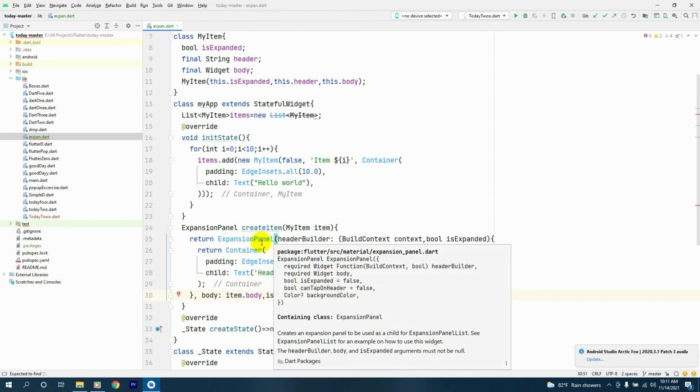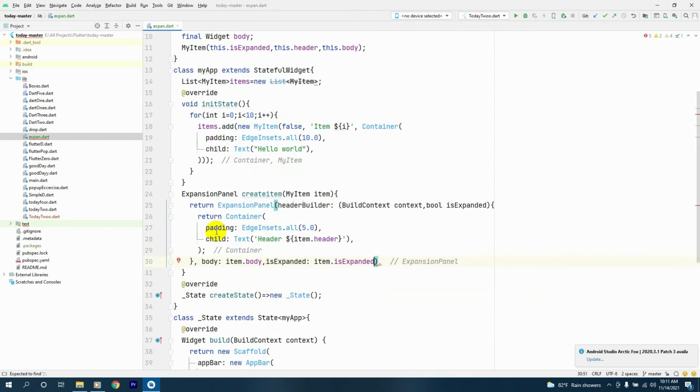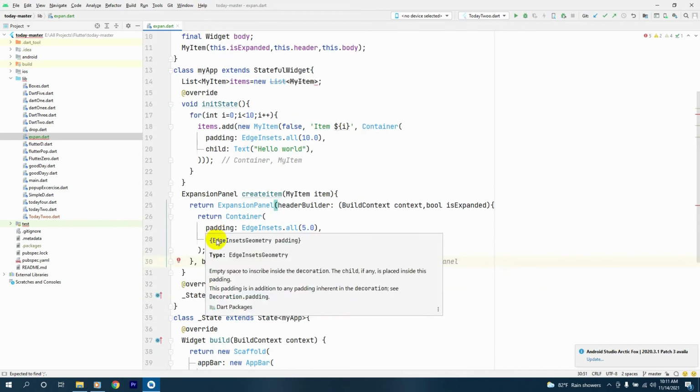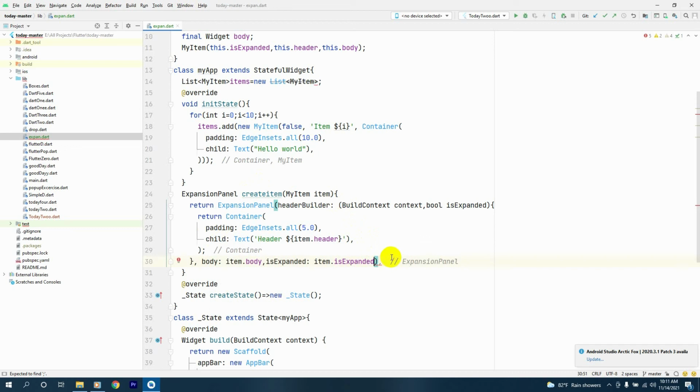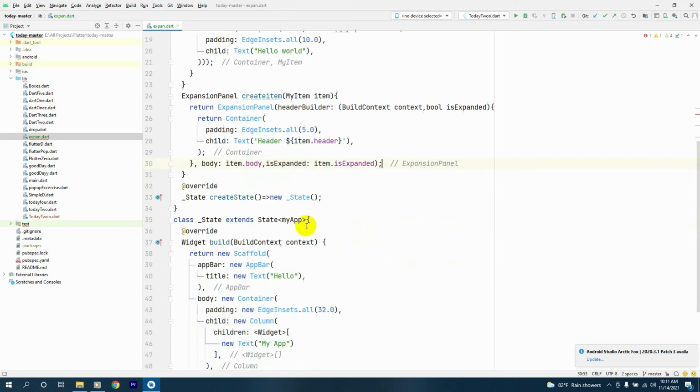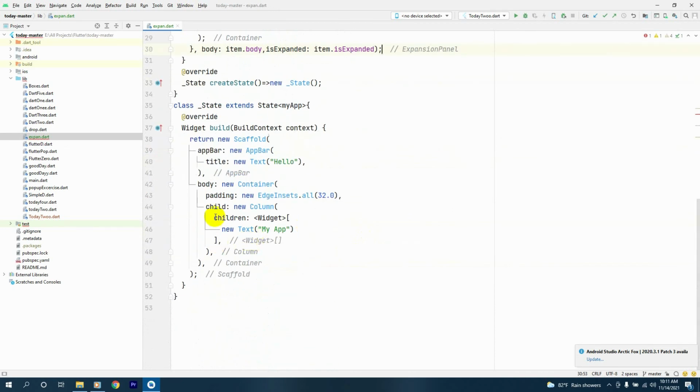Alright, now we have made our expansion panel. We have made our expansion panel, and now we'll go inside our main widget